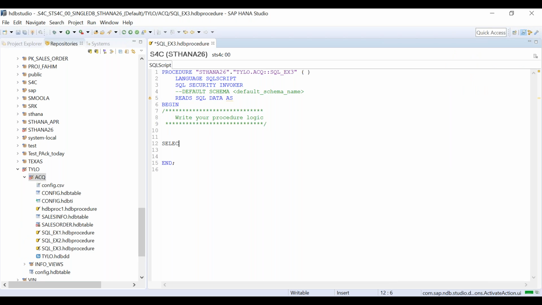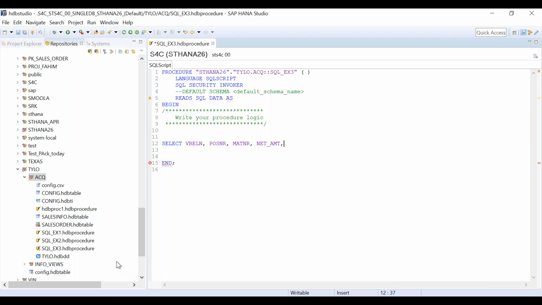Now, for example, I write something like this: select, let's say VBELN. I'm going to the VBAP table now. VBELN, POSNR, let's say MATNR, let's say net amount, and what are the other columns?